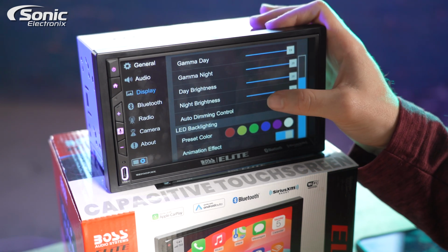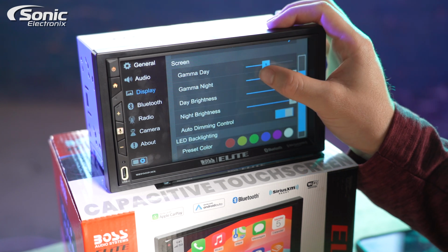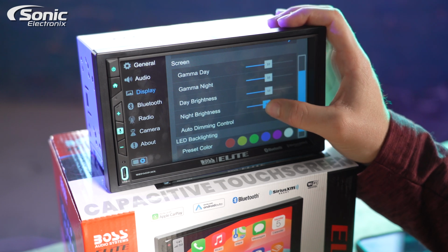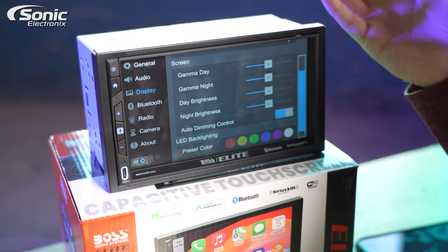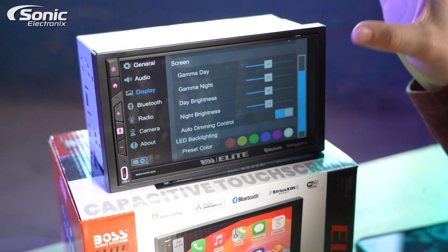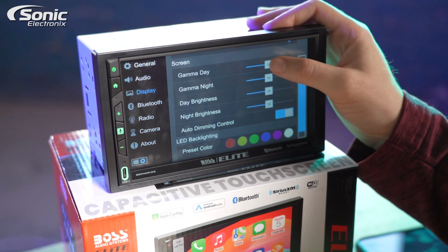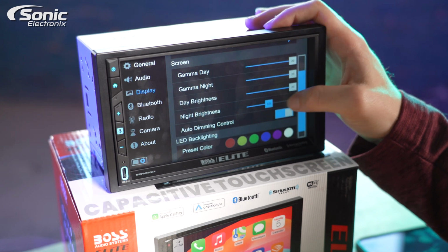at this price. We actually went in before and turned up all these settings. So let me just, I don't know how well it'll come through on video, but I'll reset them all the way to 10, which is the default setting here. I think most stereos that I've ever seen or had in a vehicle, when direct sunlight hits them and they've got fingerprints, you're not gonna get as good of a picture as you do on your cell phone. But for this, I would probably be rocking just max settings here, just because I